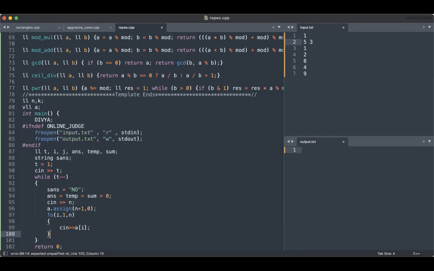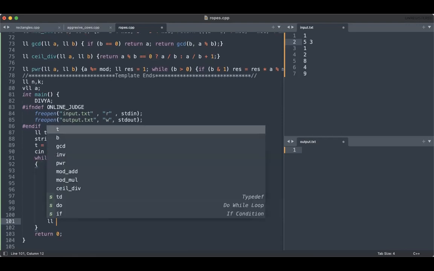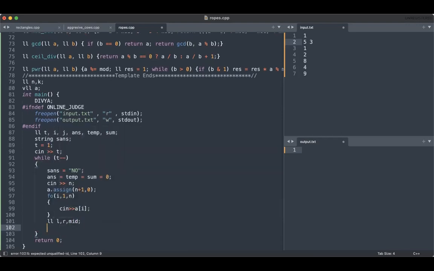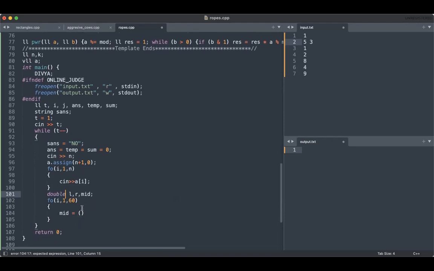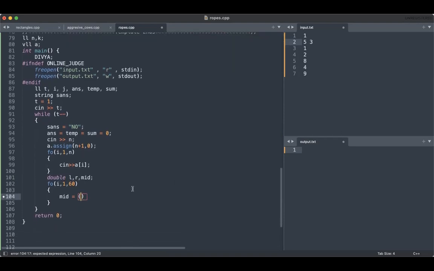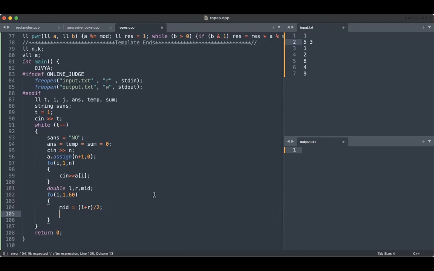So I take the input, and now I'm going to do binary search. For binary search, we need variables L, R, and mid. This time, instead of having a while loop, I will just pick a random number, which is going to be 60. So I just randomly pick 60 iterations. And in each iteration, obviously this has to be double now, since I am on real numbers. So now again, mid will be just (L plus R) by 2.